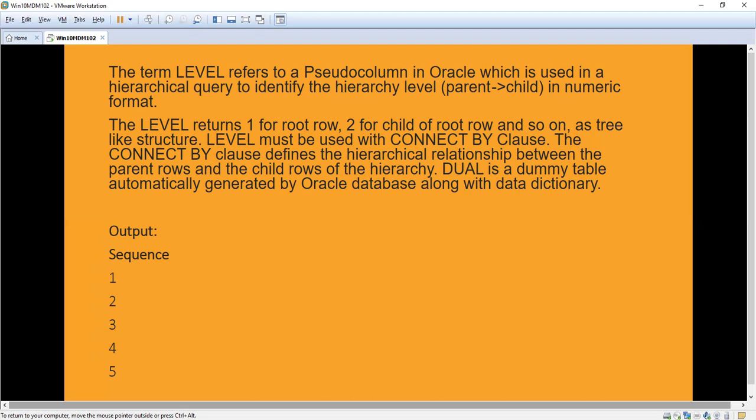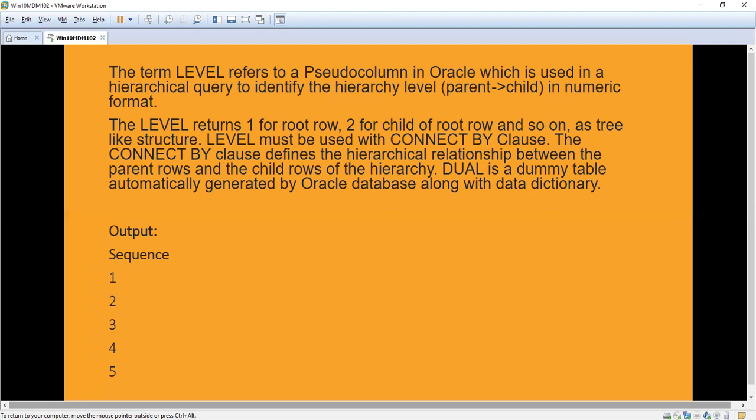The connect by clause defines the hierarchical relationship between the parent and child rows of the hierarchy, not an order relationship. Hierarchical relationship means, for example, parent of, employer of, like that between the data. Dual is a dummy table, automatically generated by Oracle.